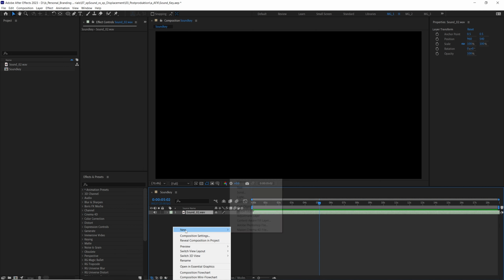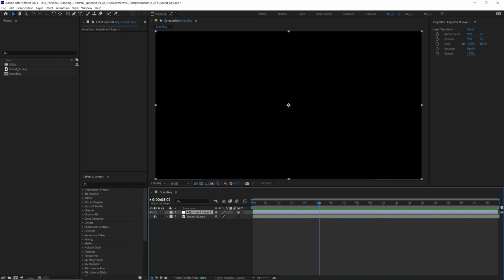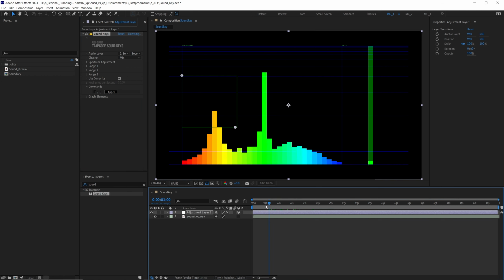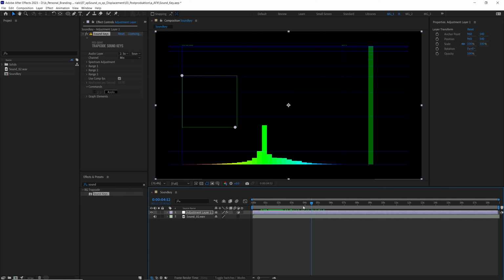For this, first we will create a new adjustment layer, and here in Effects and Presets we will write Soundkeys, and we drag Soundkeys onto our adjustment layer. It automatically creates a graph here, but nothing happens if we play because we need an audio layer here. Select our sound here, and as soon as we select our sound, we can easily see and visualize the sound